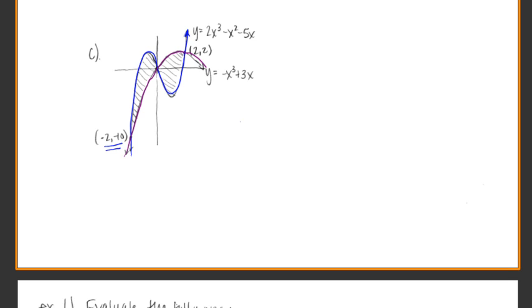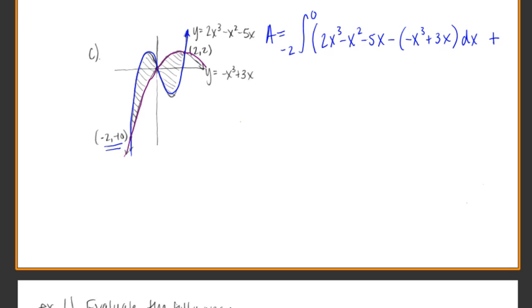We're going to start at, so total area is going to be the integral from -2, it looks like it's going to go up to 0, where those two lines meet. It's going to be the upper one, so 2x cubed minus x squared minus 5x, minus the lower one. I'm going to put it behind a minus sign, so I'll put it in parentheses. Okay, so that's all the first half,